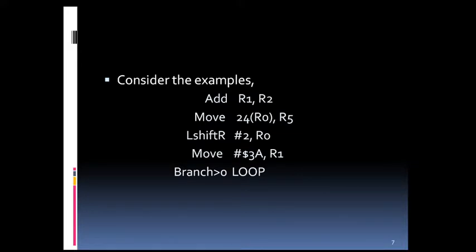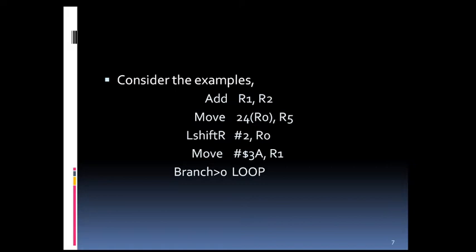Let us check some examples. Consider the instruction add R1, R2. This has to specify the registers R1 and R2 along with the opcode. If the processor has 16 registers, then 4 bits are needed to identify each register. So 8 bits will be used for mentioning the two registers, and additional bits are needed to indicate that the register addressing mode is used for each of the operands.